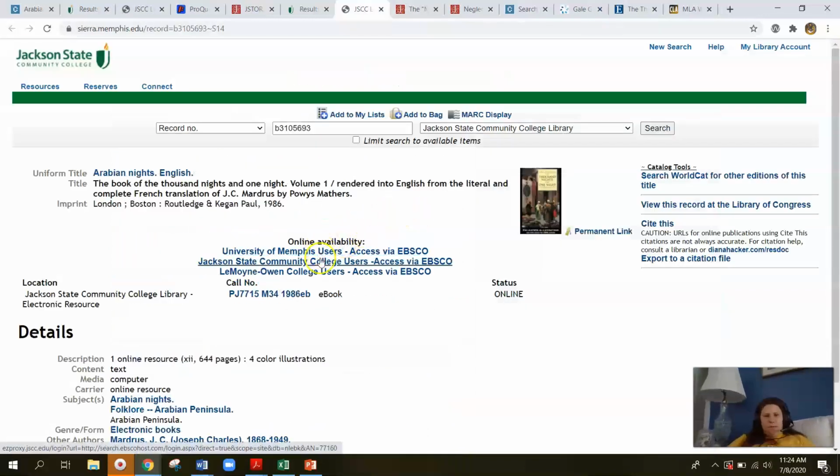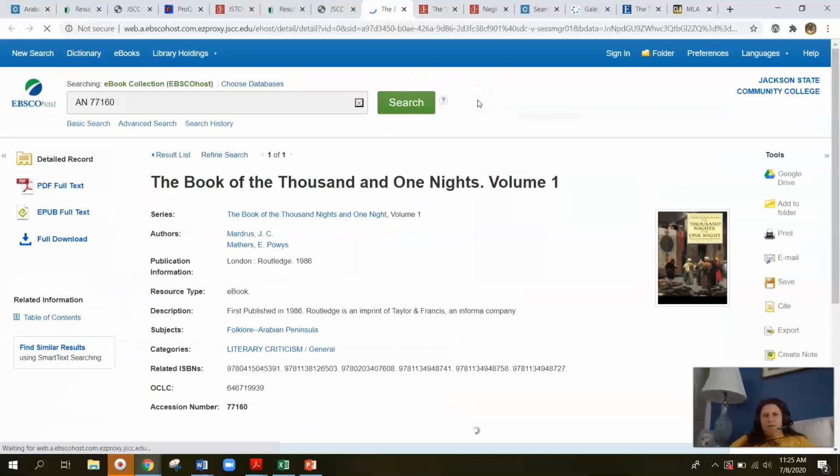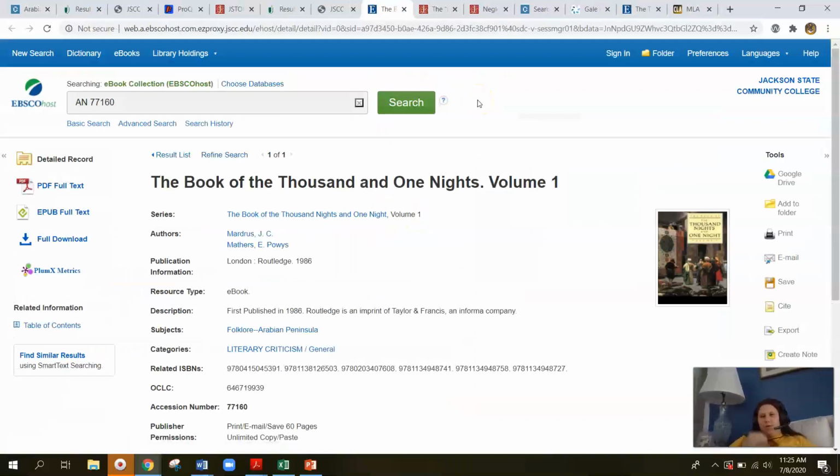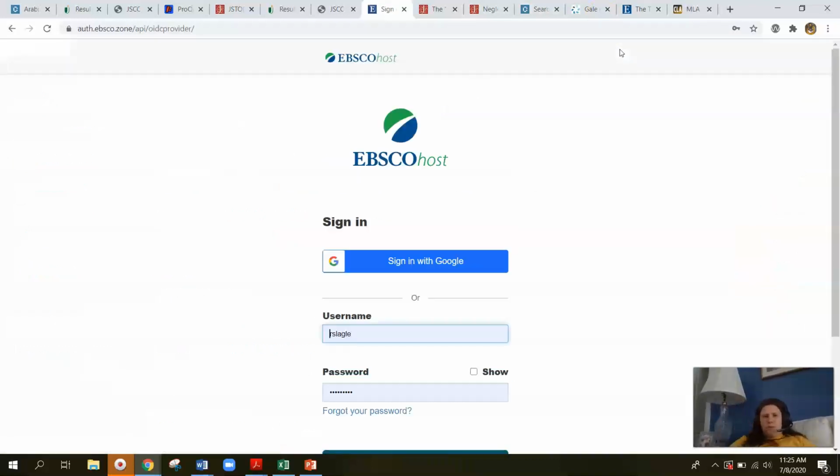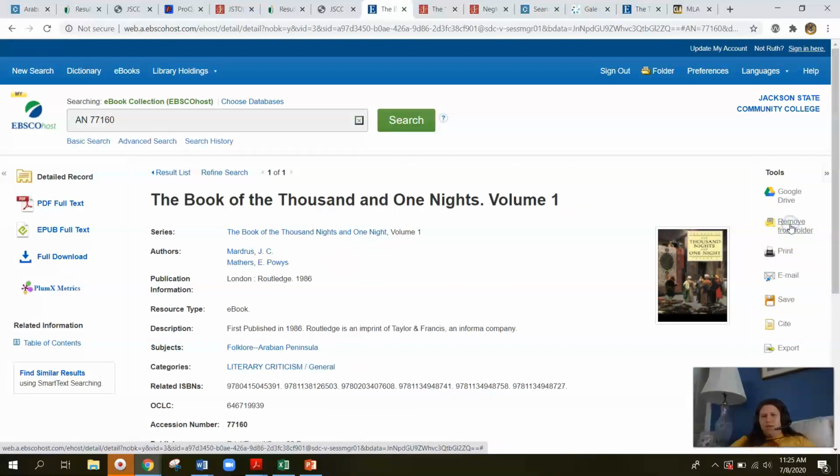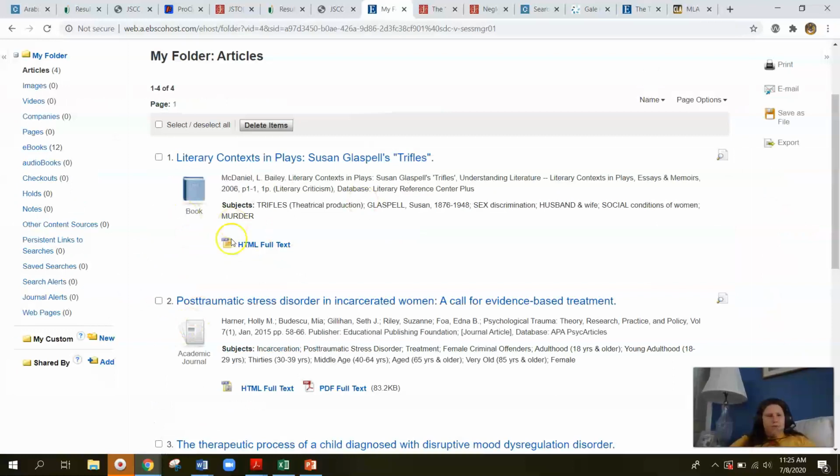One other thing. Say you are doing your research and you want to save in EBSCO, you can save books that you find or articles. So you can come and sign in, and you create your own email and your own password. You can add to your folder. So you come up here to your folder and you have your book.